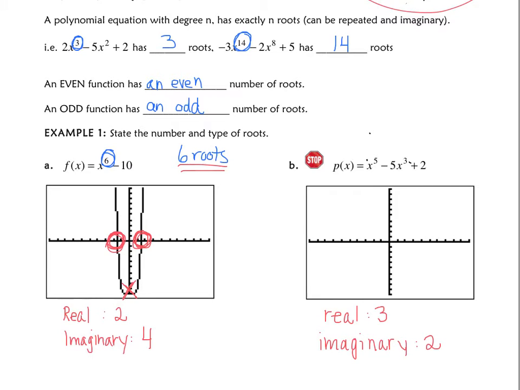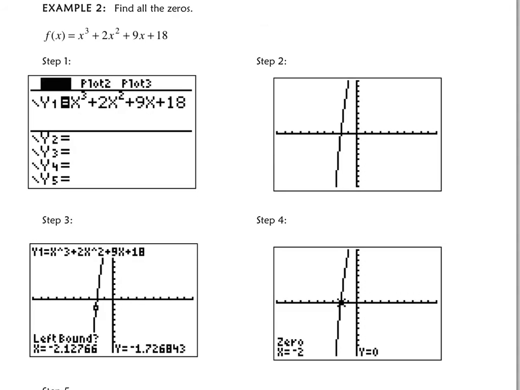Okay, so for this one you should have gotten that there's 3 real roots, 2 imaginary. I didn't sketch the graph for you. I will be checking that tomorrow when I check in your notes. So the first day of tomorrow's classwork, you're going to have problems where you're going to have to solve, and